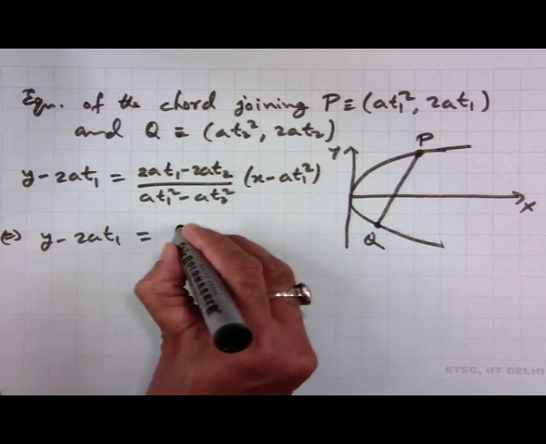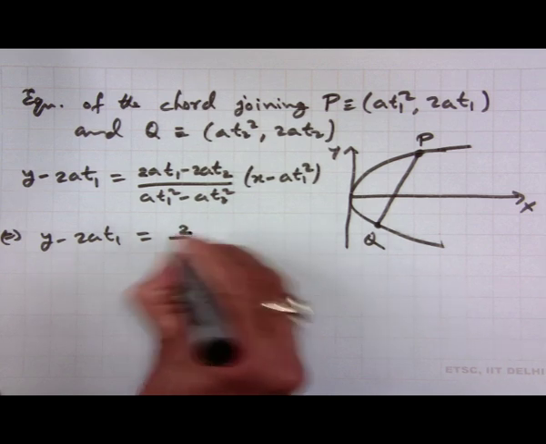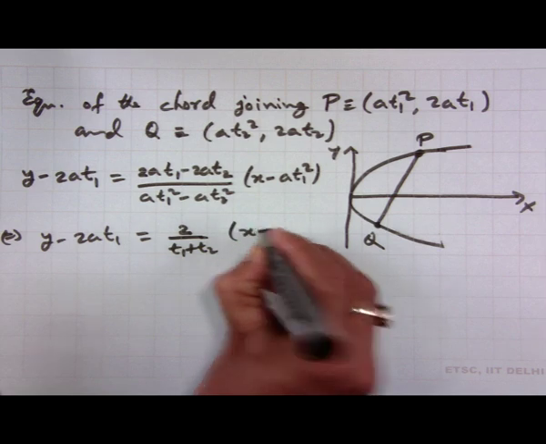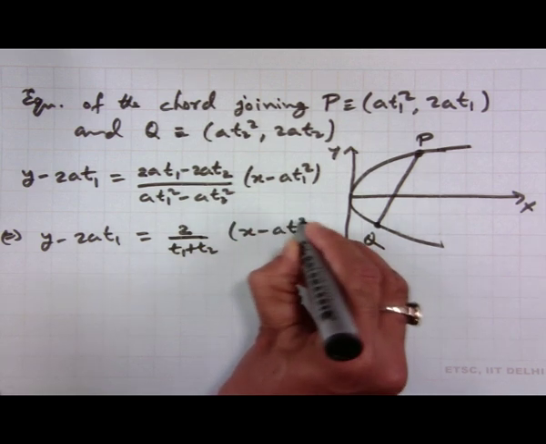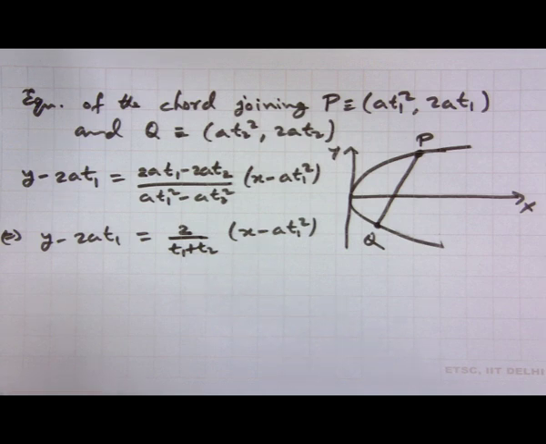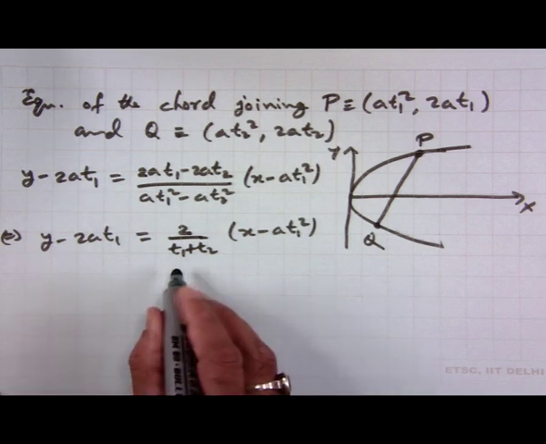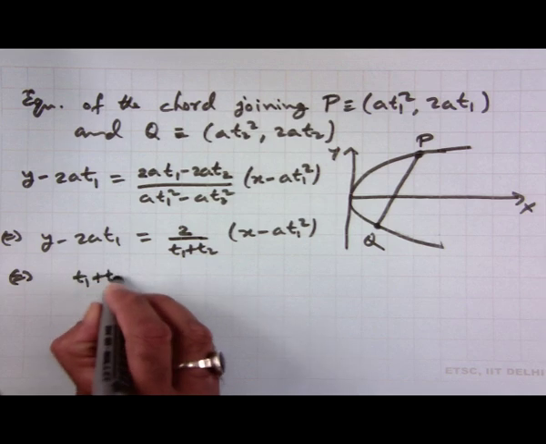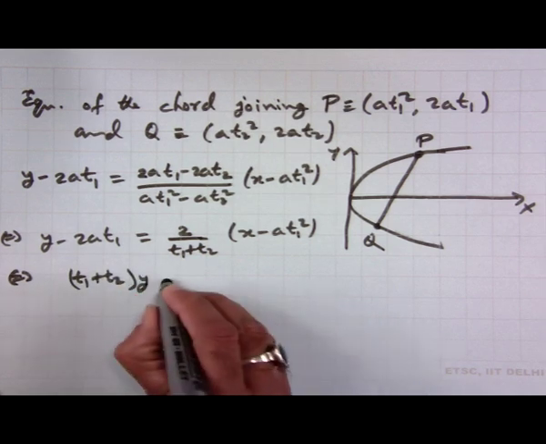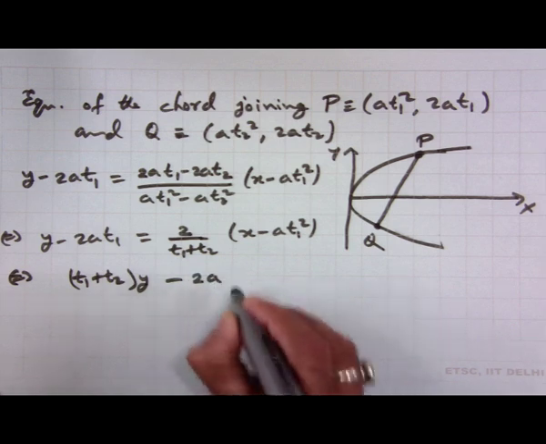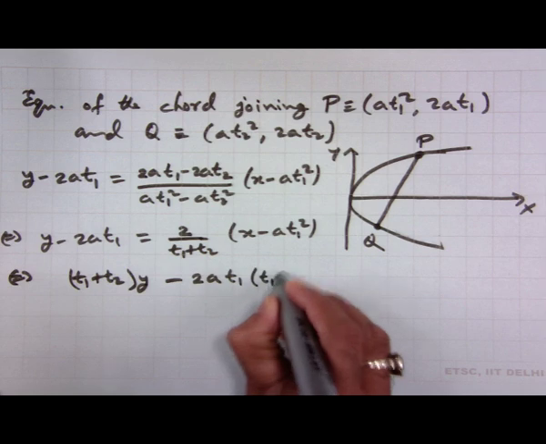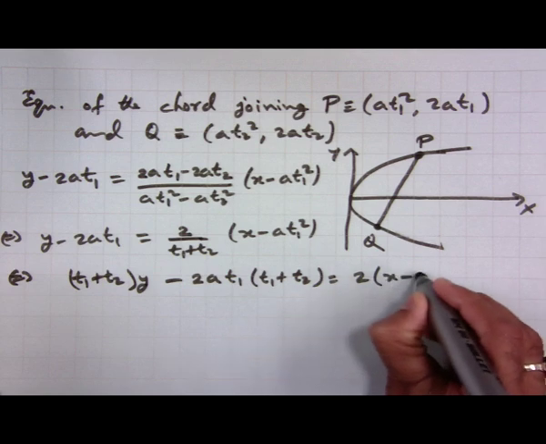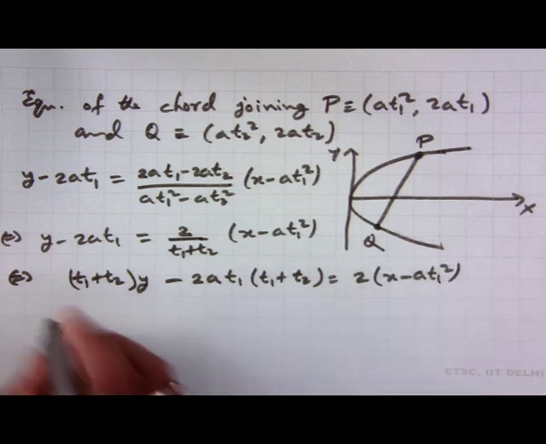So, 2 divided by t 1 plus t 2 times x minus a t 1 square. So, multiplying by t 1 plus t 2, this gives t 1 plus t 2 times y minus 2 a t 1 times t 1 plus t 2 equal to 2 times x minus a t 1 square